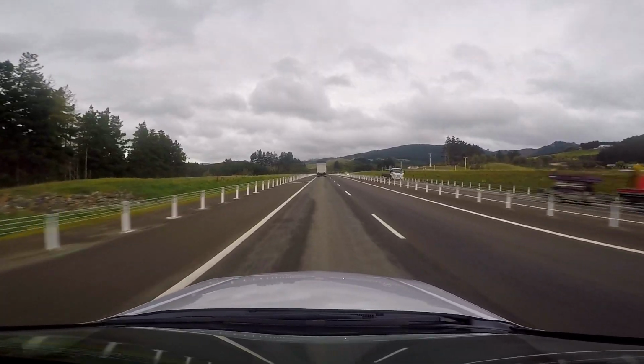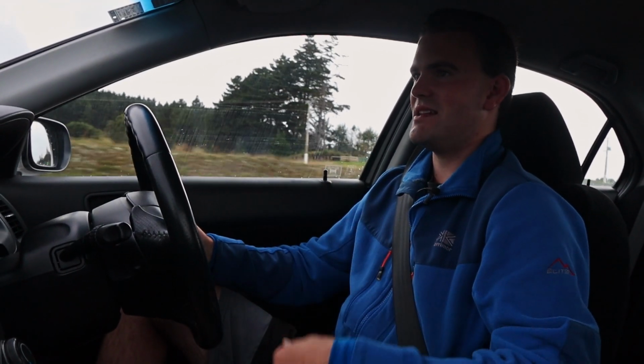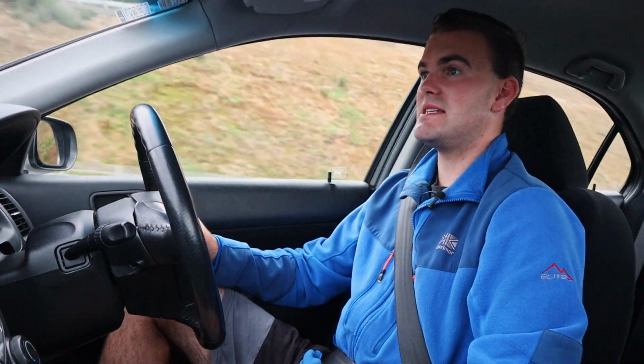It's so good they've finally got this road finished, because now I can basically drive from my house onto the existing State Highway 1 and then just cruise along at 100 k's an hour on dual carriageway all the way until basically Otaki. Now another interesting part for me is that back when I was but a young lad,